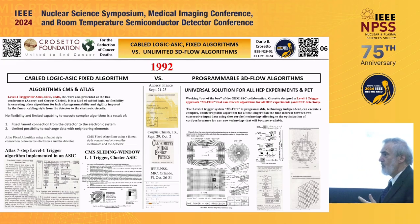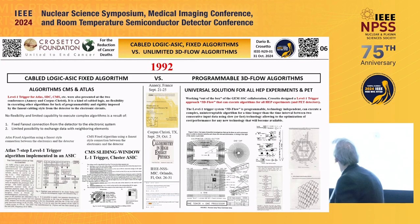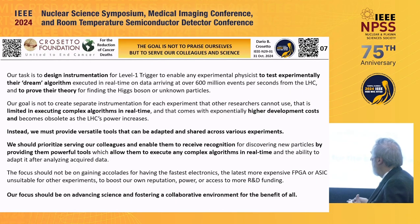But that was not enough, because these physicists, they said, well, we want more. We want to execute an algorithm, not only 7 steps, not only 10 steps, but more. And at that point, so these are the typical algorithm in a calorimeter, okay? That typically is exchanging data with neighbors. And for that, I made the port that are